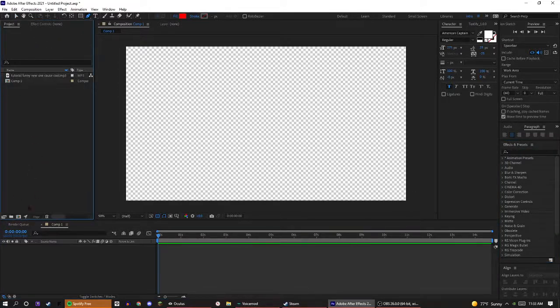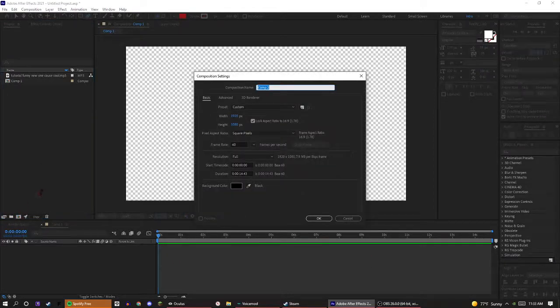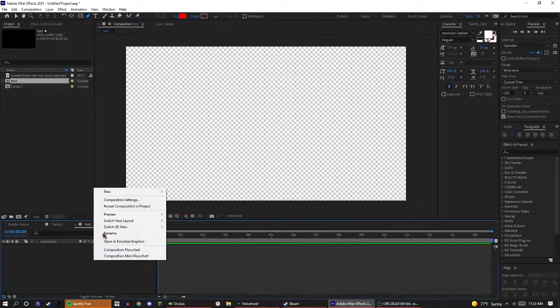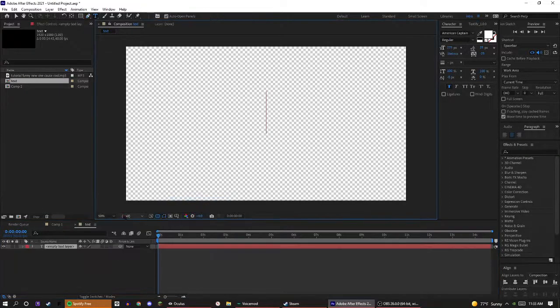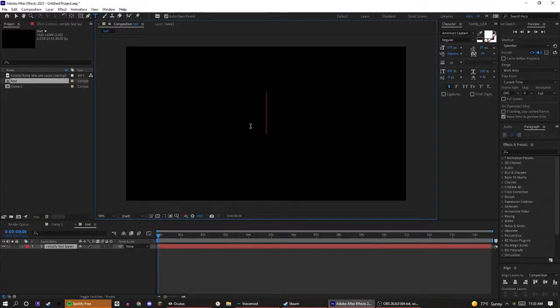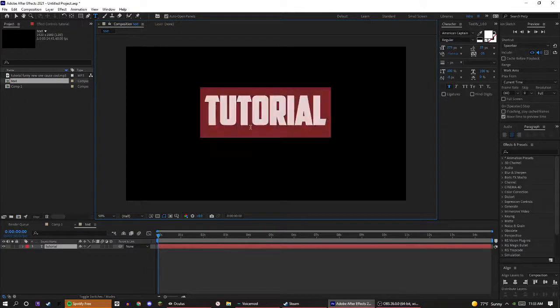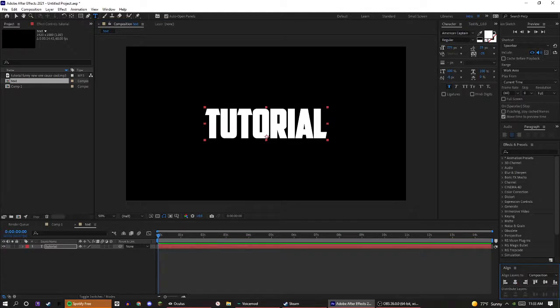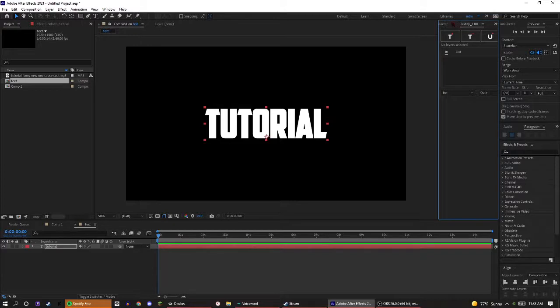So first, we're going to make a text. The text is really easy. All you got to do is make a composition called text. Create a new text and call it whatever you want. I'm gonna put tutorial. You can put whatever font you want. Oh, also you need Textify for this. I'm gonna choose American Captain because it's my favorite. So once you do this,